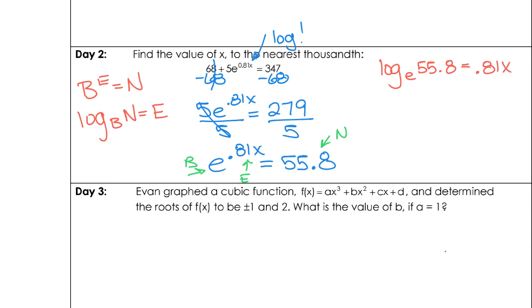All right, we're going to take a little bit of a shortcut. If you remember that log with a base of e is known as a natural log, or ln, this becomes a little bit easier to solve in that we have an ln button in our calculator. So we press ln in our calculator, we type in 55.8. And then we only have one step left, which is to divide by 0.81. So I actually do that all in one step. All right, so I end up with x equals ln of 55.8 in my calculator divided by 0.81 ends up being a